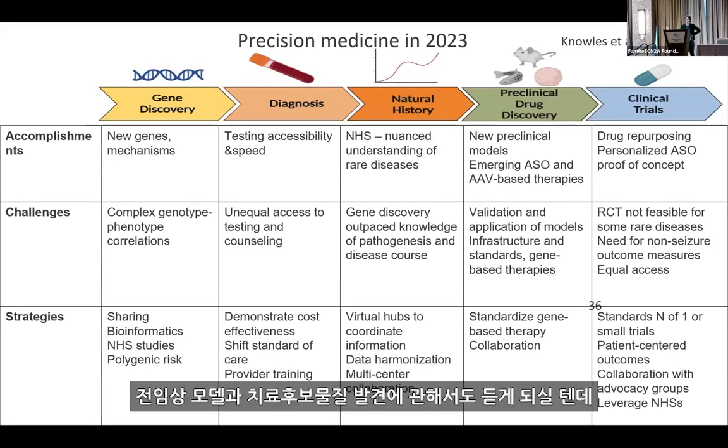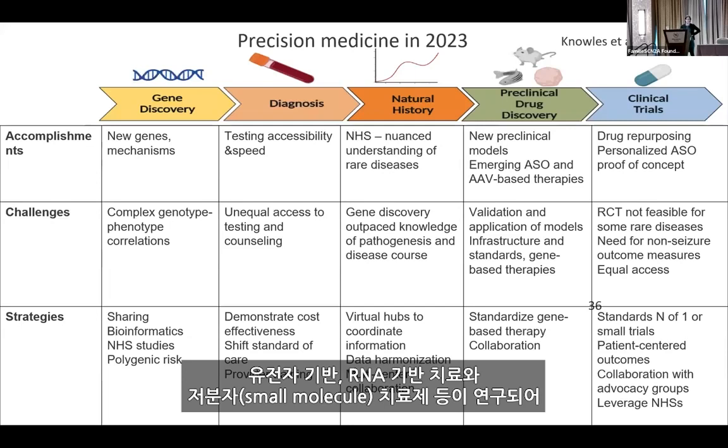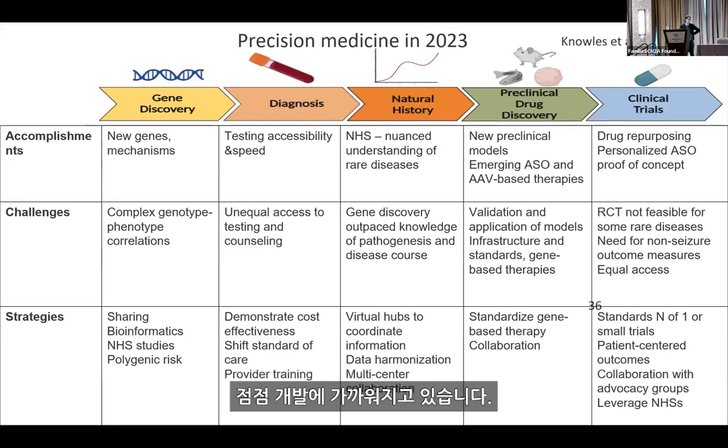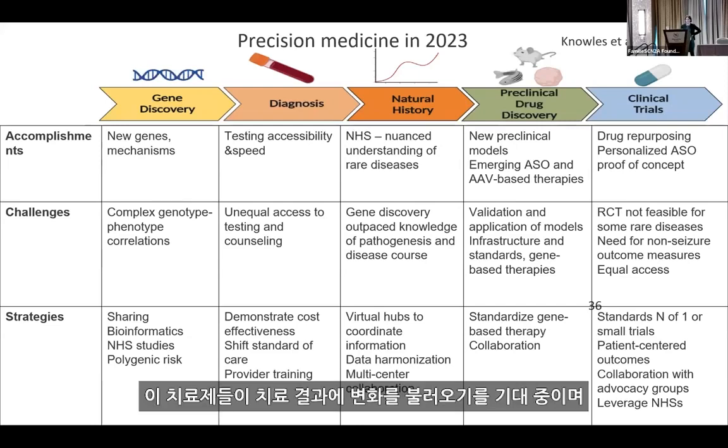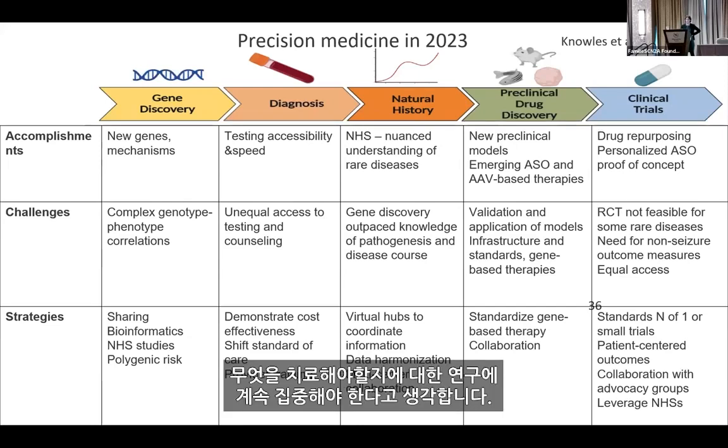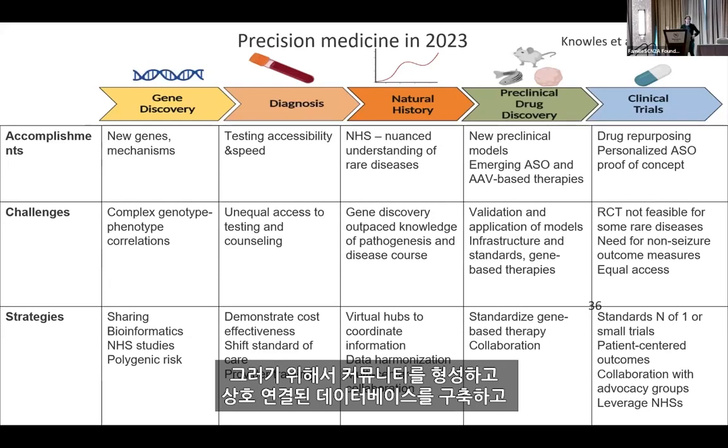You're going to hear about preclinical models, and drug discovery. We're working towards more gene-based and RNA-based therapies in addition to small molecules that are heading towards our community. And we're hopeful that those are going to be able to make a difference. And we need to know what we're treating when we do that. So building the community, establishing